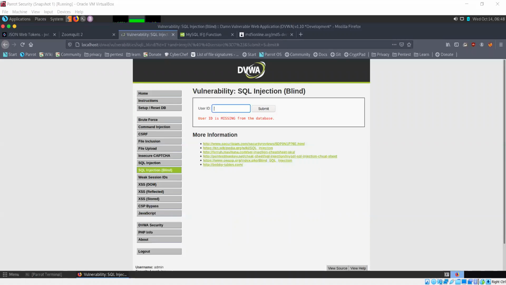Now let's try to figure out the name of the database that's being used. First, let's try figuring out its length, the length of the name of the database, not the size of the database, just the length of the database name.